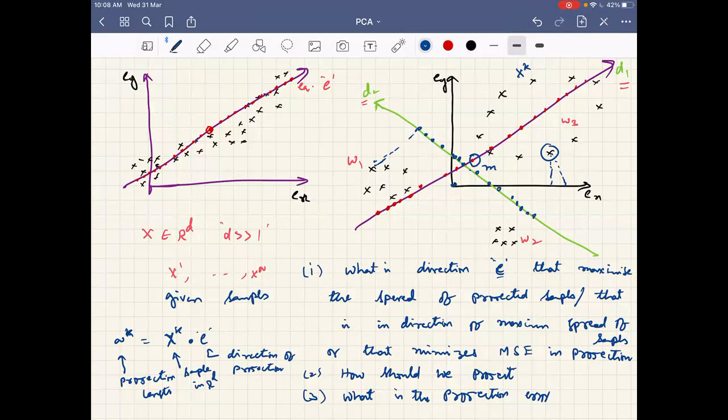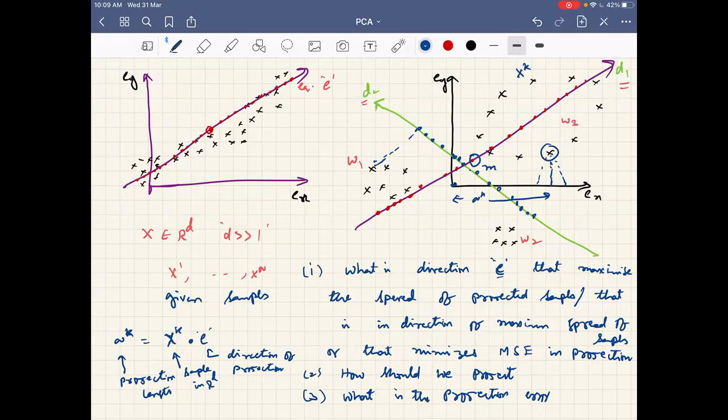But why should we consider always perpendicular direction of projection? Is there any benefit in this? Should I consider different possibilities for it? That also we should see. Well, how should I capture the projection length? Based on the projection, the way I project the sample onto the given axis, the projection length gets defined. So to define the projection length, I am always using perpendicular projection. Fine, but is there any reason for it? So that we will see now.